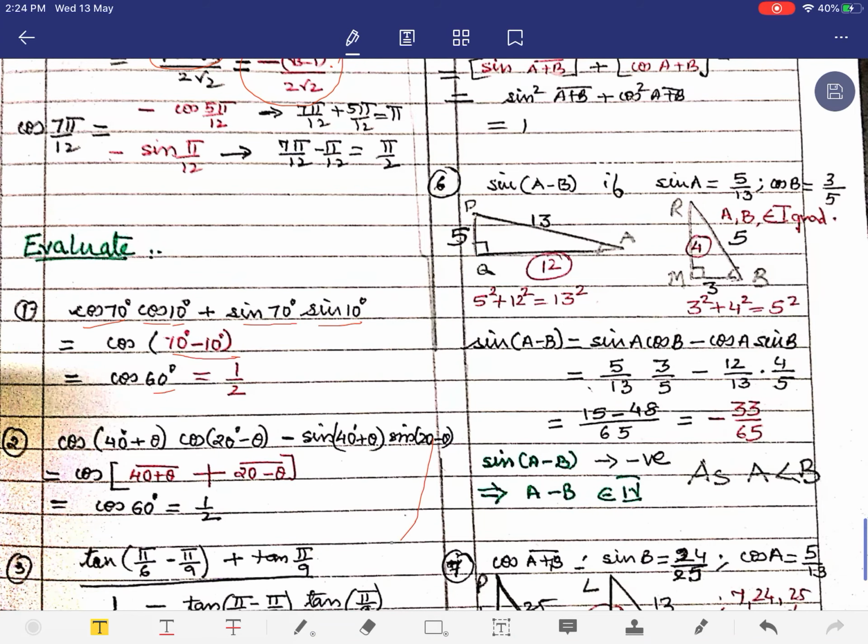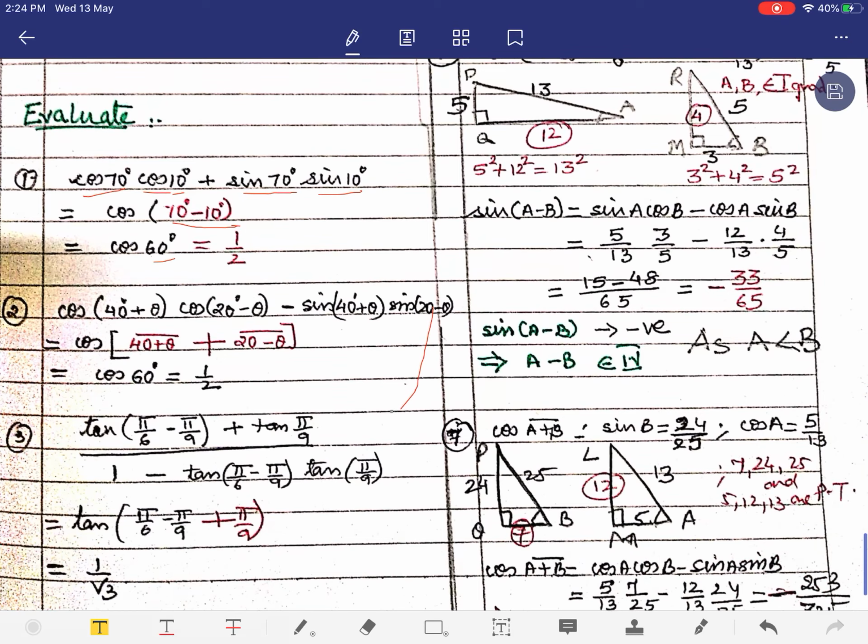The next question, again, read the expression. Again, I always read the expression in terms of the formula that is to be applied. So, listen carefully how I am reading the question. It is cos of A cos of B minus sin of A sin of B, which is nothing but cos of A plus B, because this connecting sign is minus, and which comes out to be cos 60, same the value, that is 1 upon 2.